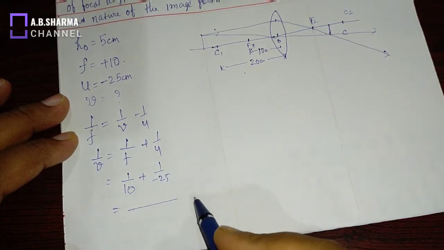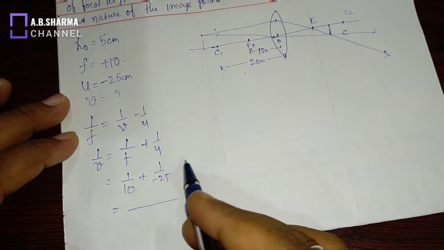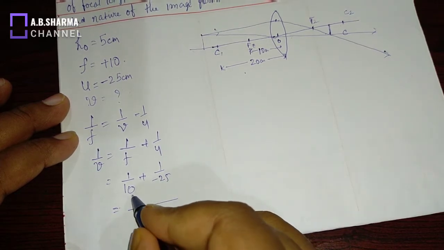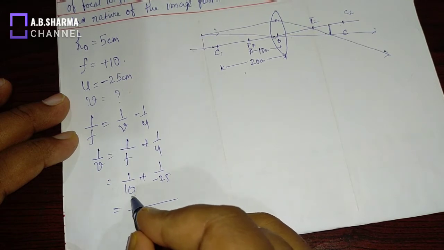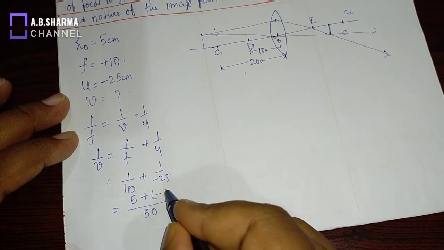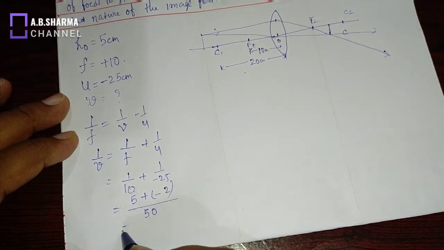Now equalizing the denominators, this will be 50. So 10 multiplied by 5, this is 5, and this is 2. So this will become 5 minus 2 upon 50,